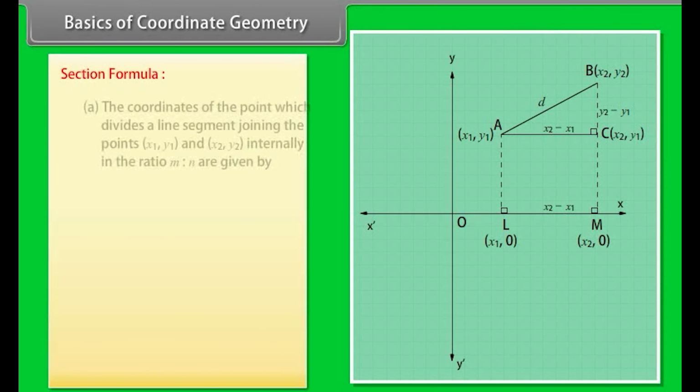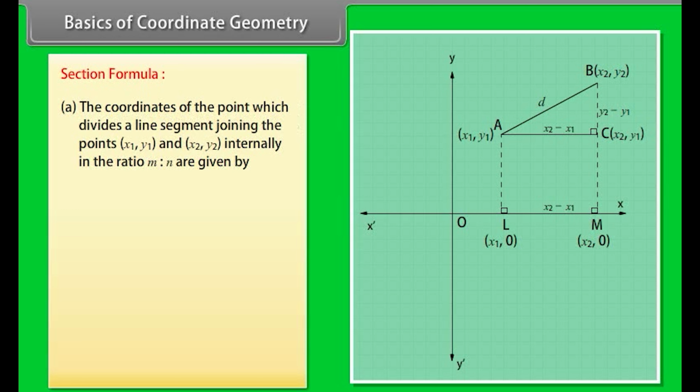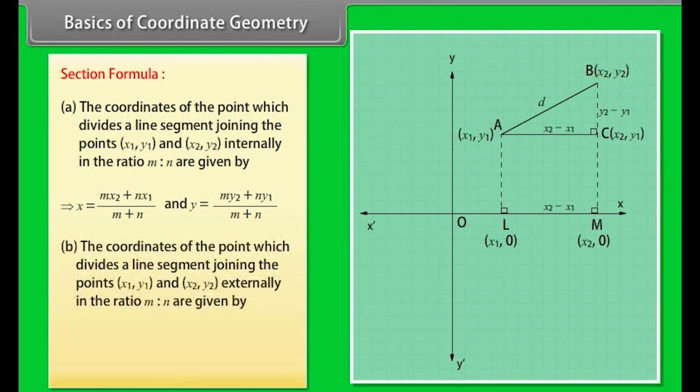Section formula. The coordinates of the point which divide a line segment joining the points (x1, y1) and (x2, y2) internally in the ratio m:n are given by the coordinates of the point which divide a line segment joining the points (x1, y1) and (x2, y2) externally in the ratio m:n are given by